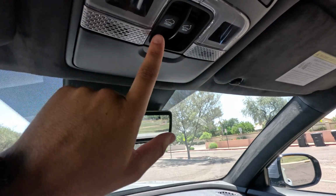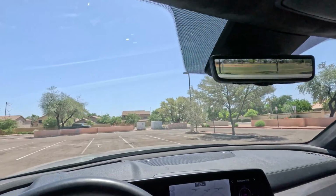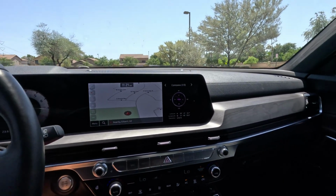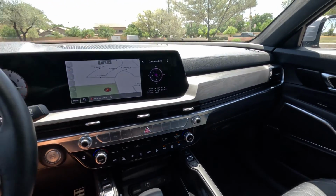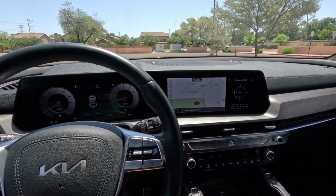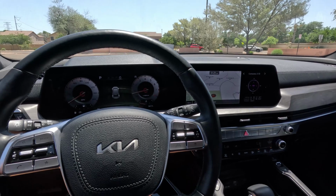Over here, you'll also notice some of our various roof controls and even our lighting controls. But all in all, I am seriously impressed with everything that you get in here. It's so comfortable, it's so livable as well. And the sound system, all of the luxurious amenities you get in here, everything just works, and it does it in such a way that feels very forward looking. So huge props to Kia on the interior. I think anybody that gets one of these is going to immediately